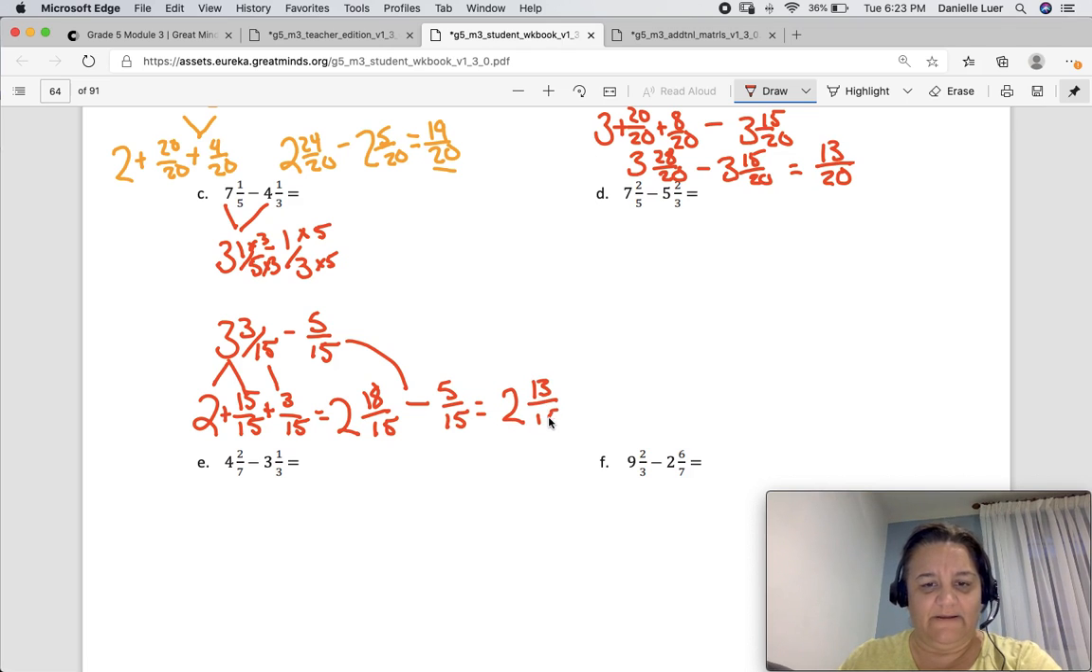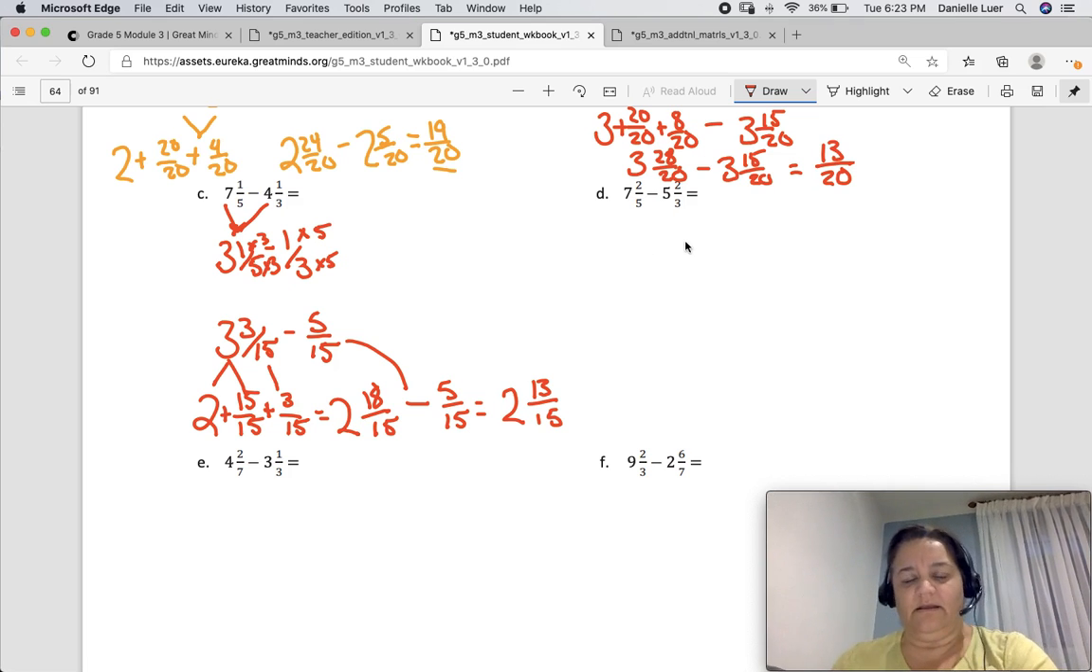Okay? Do you see how I just did this subtracting of the whole numbers first? That's the thing about fractions and subtraction. You can do it in a lot of different ways. So whatever makes the most sense to you. Okay? Let's try